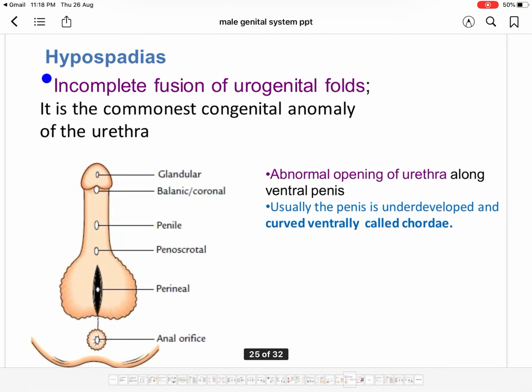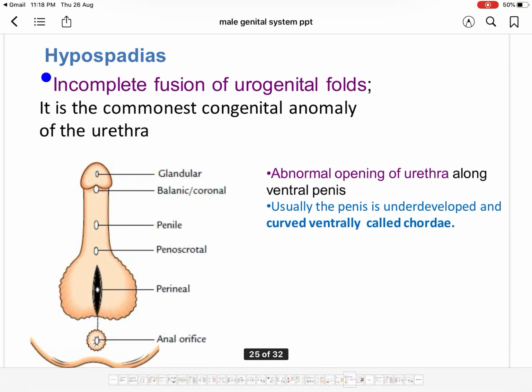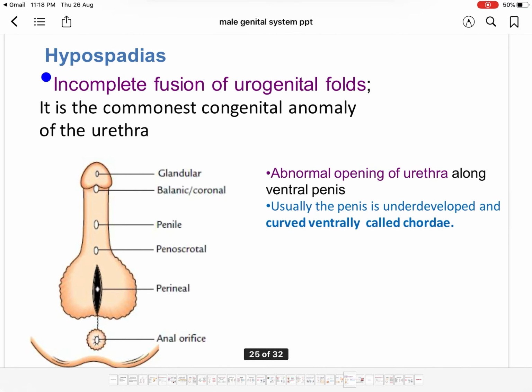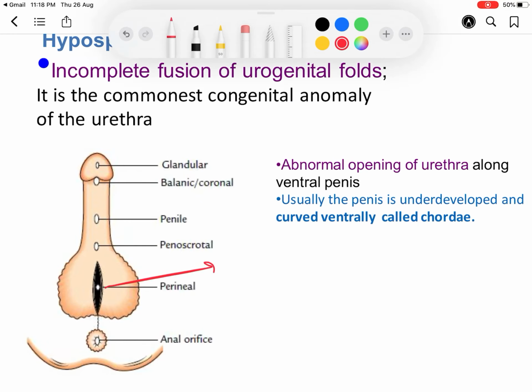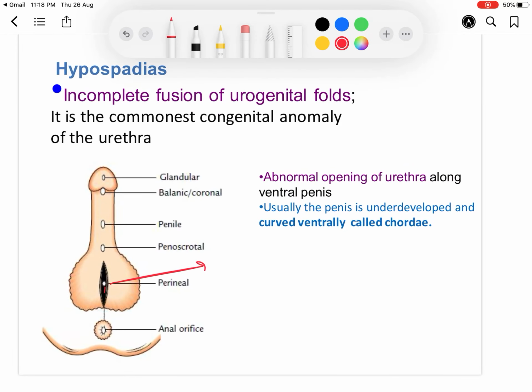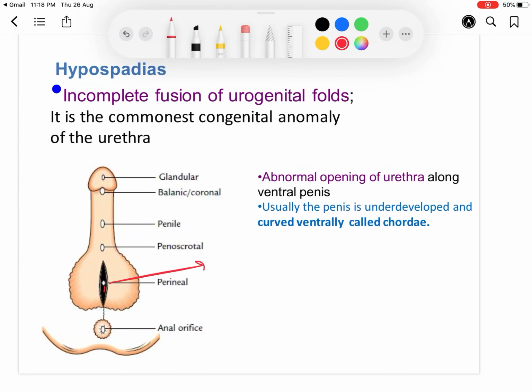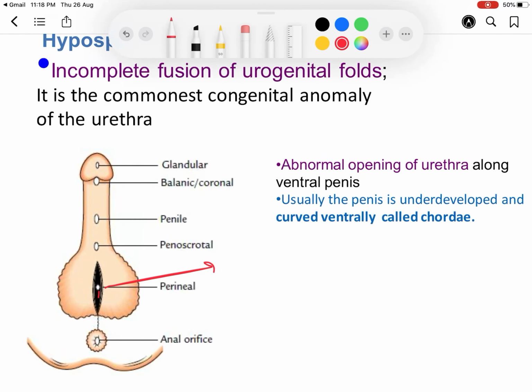Now what is hypospadias? It is an abnormal opening of the urethra on the ventral surface of the penis, and the position of the opening of the urethra may vary in the different parts of the penile region. And why does it occur? It is due to incomplete fusion of the urogenital fold, and it is the commonest congenital anomaly of the urethra. And this hypospadias is usually associated with chordee. And what is chordee? In this condition, the penis is underdeveloped and